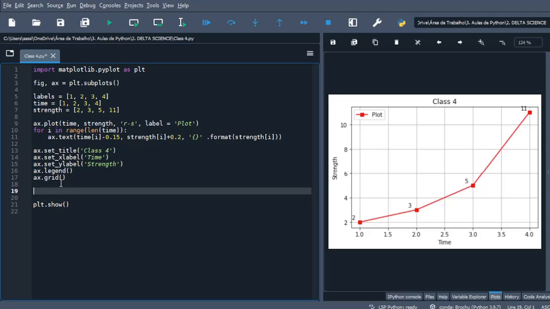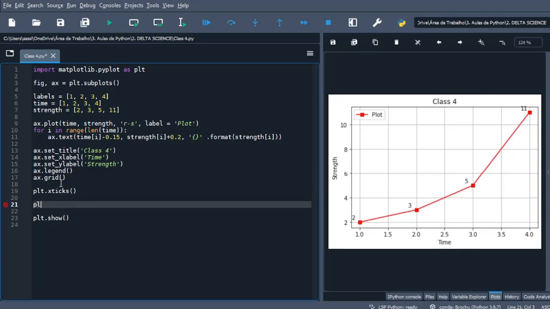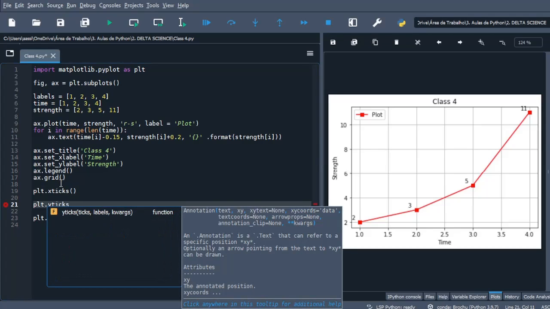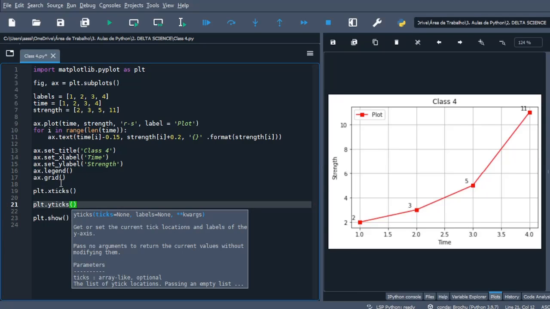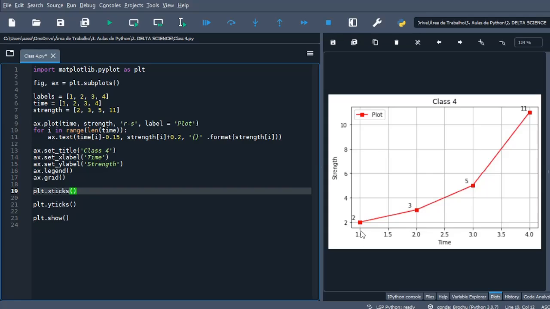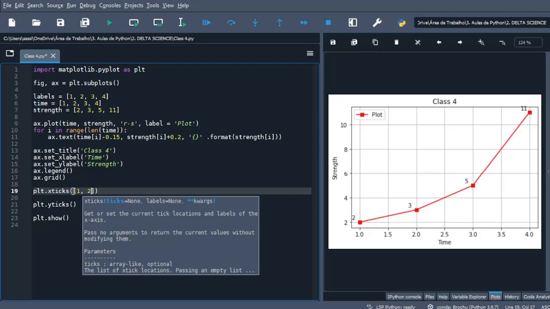Actually, we have one command for this, which is plt.xticks. This command will edit the axis, but you have to tell Python that you want to edit the x line, and plt.yticks to edit the y. We have on the x line the points 1, 2, 3, and 4, so we want to erase these middle points here. So what we have to do is tell Python the points that we want: 1, 2, 3, and